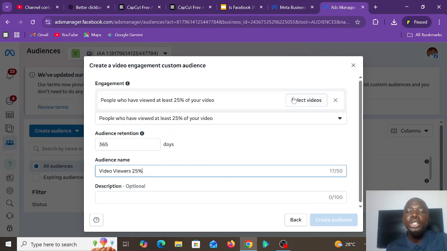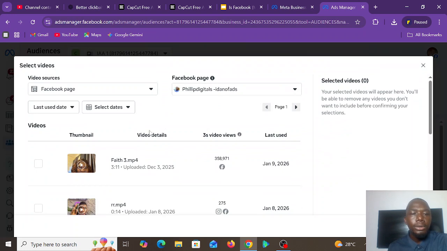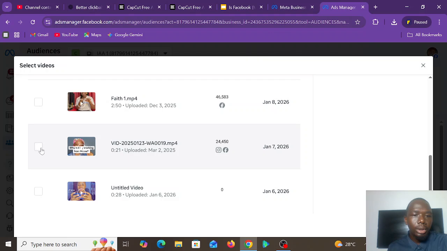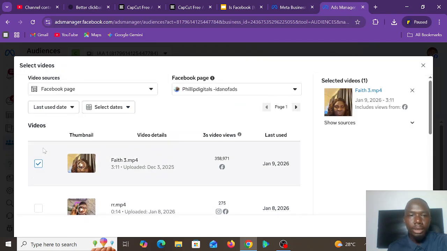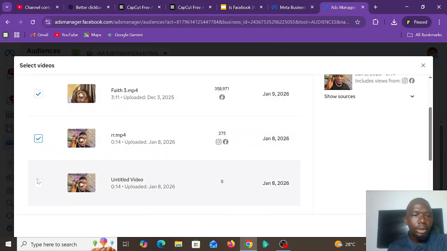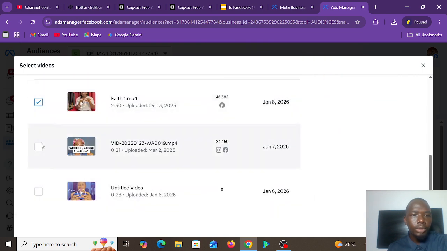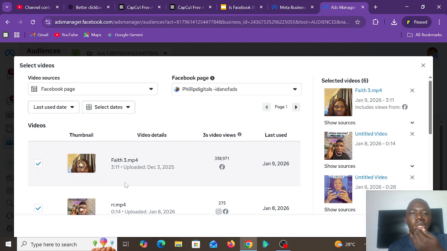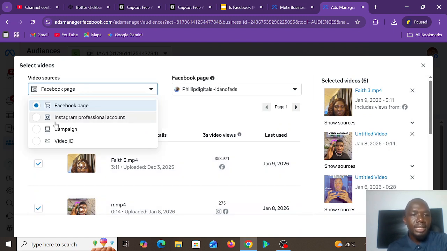Now you need to select the video, and this is the option to select videos. I'm just going to choose everything, so anyone that watched 25% of all of these videos. For the sources we have Facebook page, Instagram, campaign, and all of that.